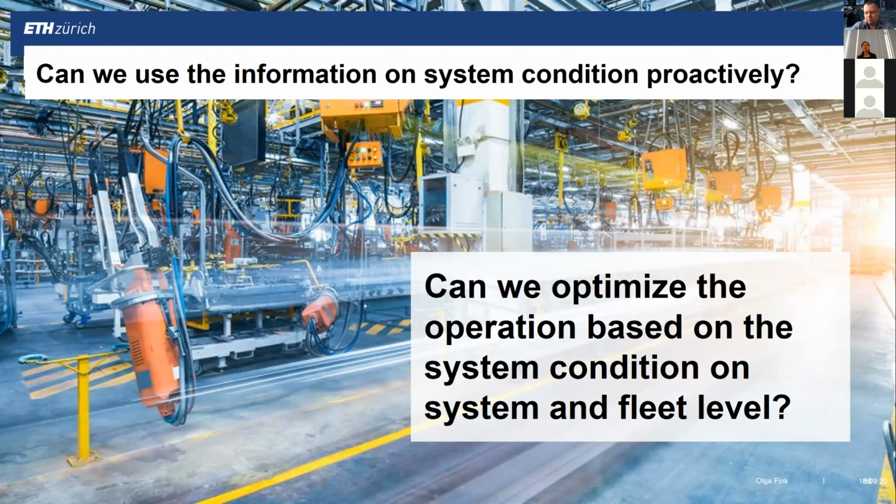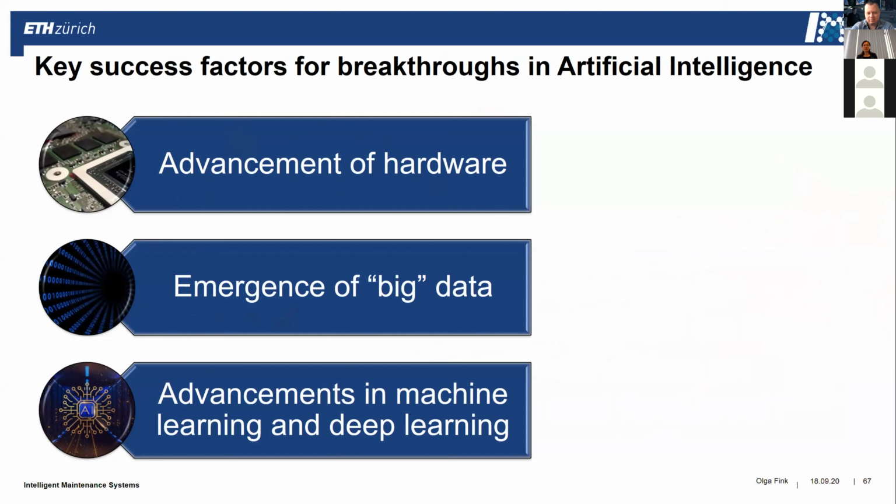Well, a lot of you, or most of you, are probably machine learning experts, and this has been shown to be the success factors of artificial intelligence: the advancements of hardware, the emergence of big data, but also the advancements in machine and deep learning. And one of the limiting factors for us in predictive maintenance has been actually the lack of big data. And what we are always trying to do is how to overcome these limitations. And these were the talks that you saw so far. So how do we deal with that, and how do we develop models and algorithms that are capable of dealing with that? But one of the directions is also to start sharing the data sets and the knowledge across companies'